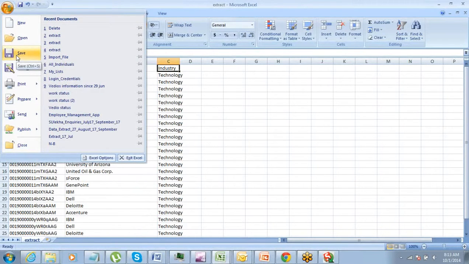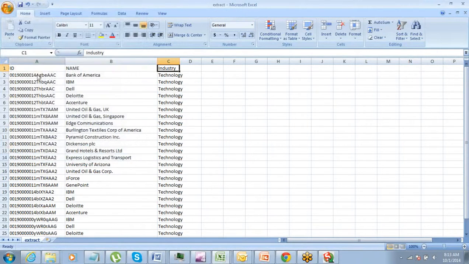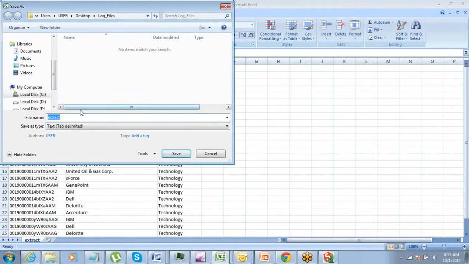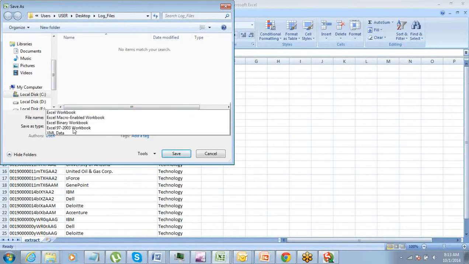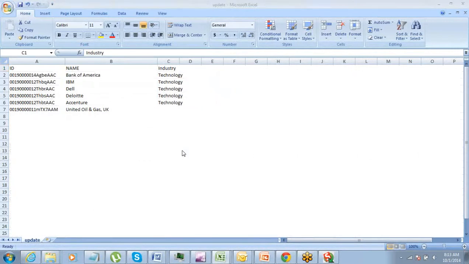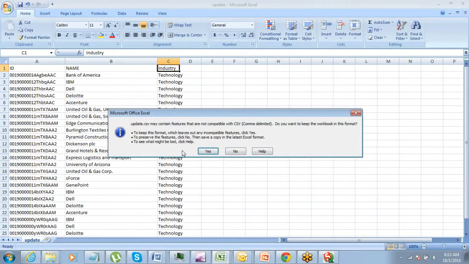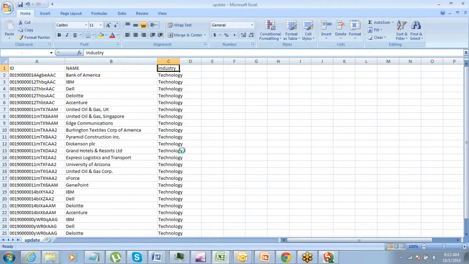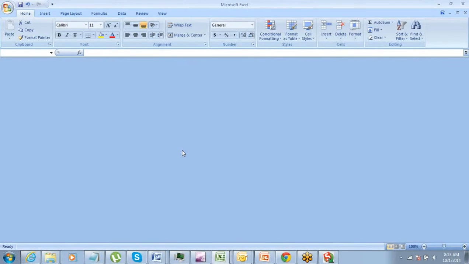Now just go to this thing, click on save as, and I will save it as update.csv. All right.